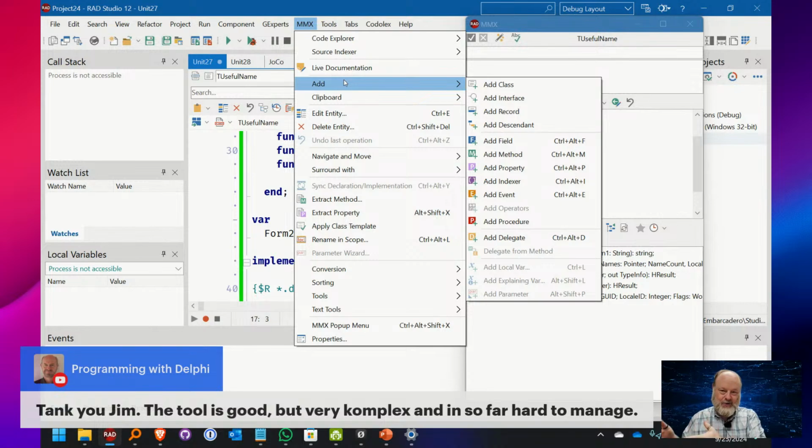But what that also means is that it doesn't get in your way. If you have a way you're doing things with Delphi, you can keep doing it that way, and it's not going to get in your way and make you change it. But if you take the time to go in there, read the documentation, there's a quick start guide. There's a lot of documentation available for this actually. Like I said, some of it's not completely up to date. And just unlock one feature at a time: okay, I'm going to start using this template, I'm going to start using this wizard, I'm going to start using this function here. It gives you a way to ease into it. And like I said, it doesn't get in your way because it's all behind this